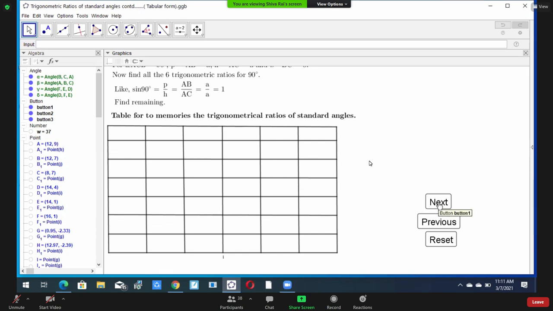I want to show here. Everyone, are you ready? This first column is the column of angles. Column of angles means it may be sine, cos, tan, cosec, sec, cot. You already know there are 6 trigonometric ratios and standard angles. Here in standard angles, 0 degree, 30 degree, 45 degree, 60 degree, 90 degree.